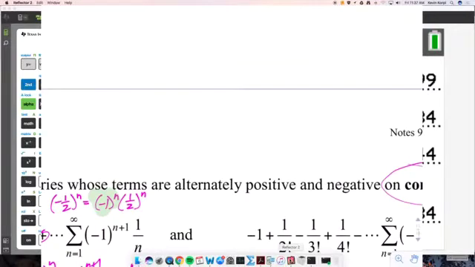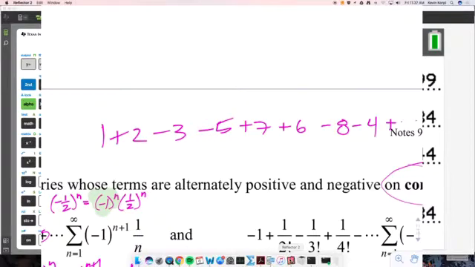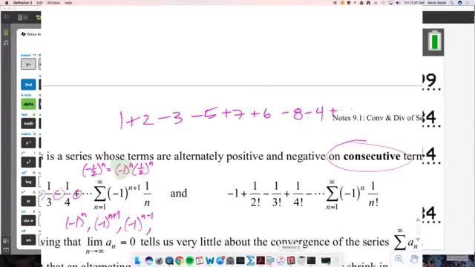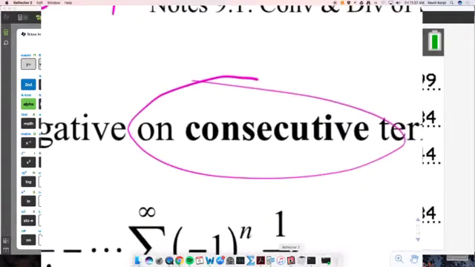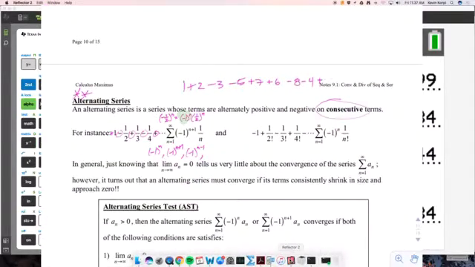This one here is also an alternating series: negative, plus, negative, plus, negative, plus. Now, if you ever see a series that goes like 1 plus 2 minus 3 minus 5 plus 7 plus 6 minus 8 minus 4 plus dot, dot, dot, is that an alternating series? No. The signs do alternate, plus, minus, but they don't do it on consecutive terms. So you might have series that are plus and minus throughout, but unless they alternate on consecutive terms, it's not going to be an alternating series. Okay,